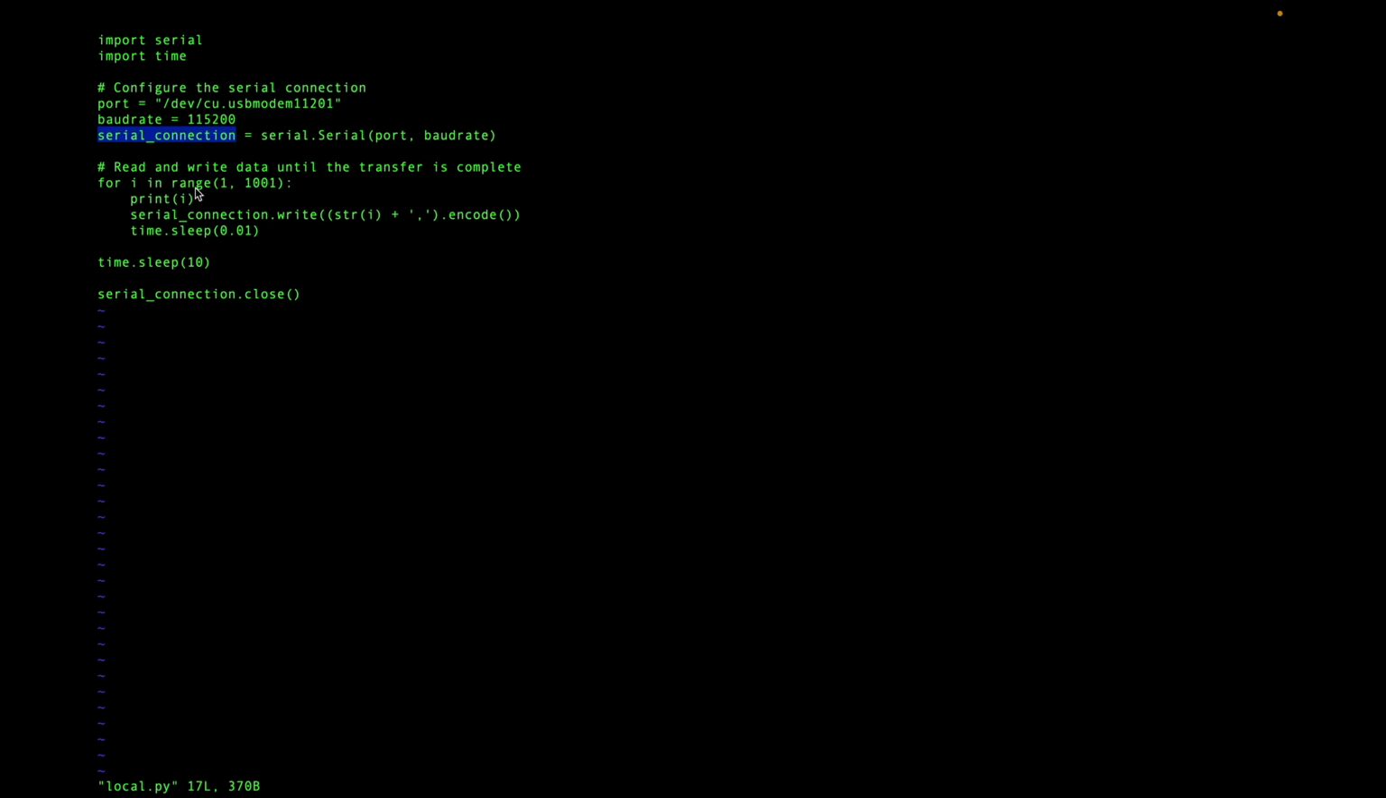So we're just saying for i in range 1 to 1001, we're just going to print i, so I'm just going to print it on the screen. That's just for debugging purposes. It has no ties to sending data. But where we send data is the serial connection.write. So we're just going to write to that serial port, and that's just going to be a string of this